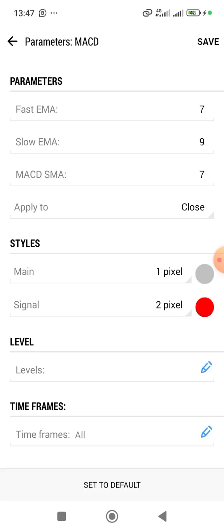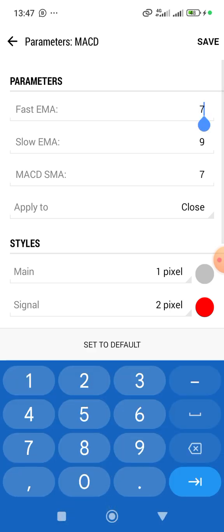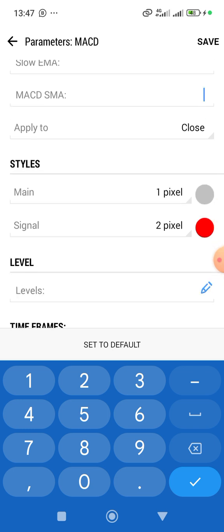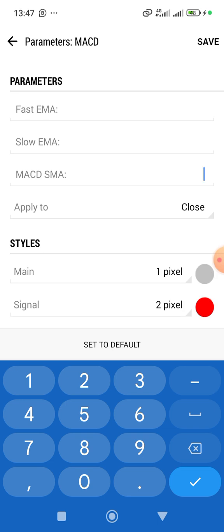So, now that MACD, we already have all the settings here, but I have to run you guys through how the settings are being done. So all you simply do is you come down to this fast EMA, you select it as